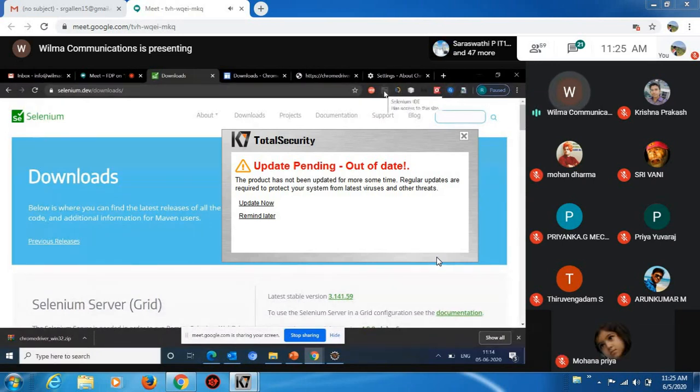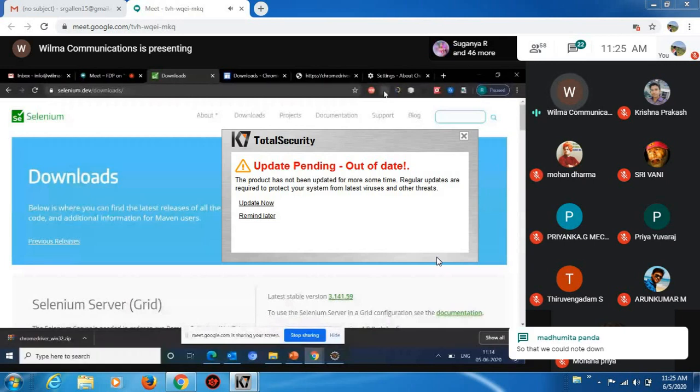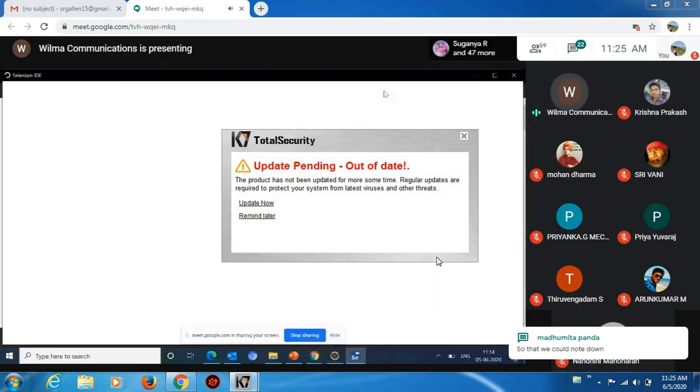This is the Selenium IDE extension. First I am showing this demo of how we can record and run the scripts with the help of the Selenium IDE component. Here you can see this is the Selenium IDE Chrome browser extension.